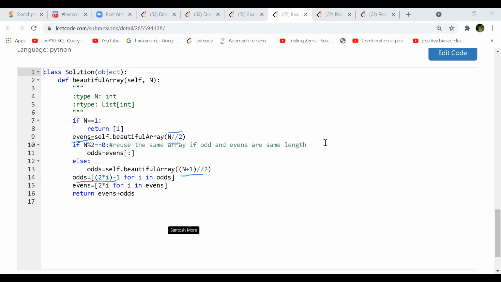In this case, you are placing whatever values you get from these evens and odds from this recursive function at different indexes. So they are actually placed at odd and even indexes, but the values won't always be odd and even. We are placing twice I minus 1 and twice I.